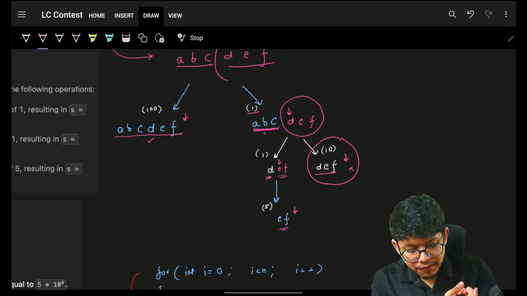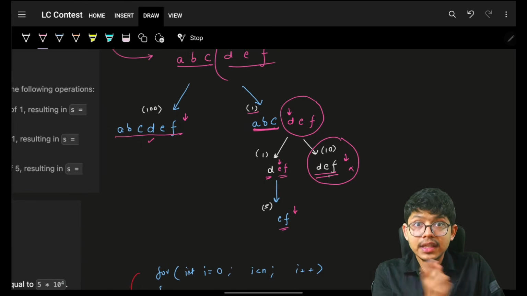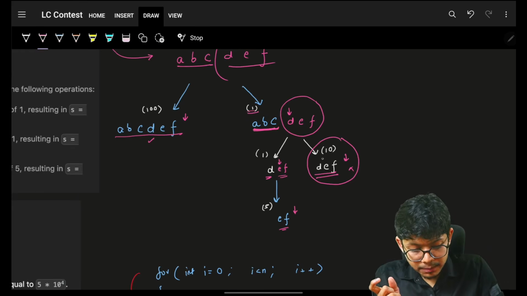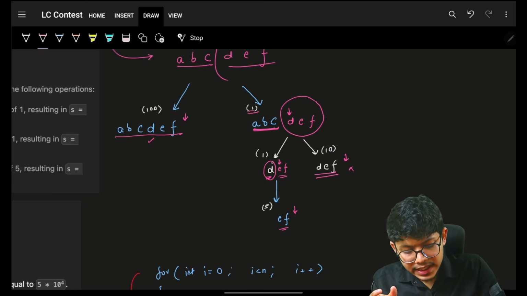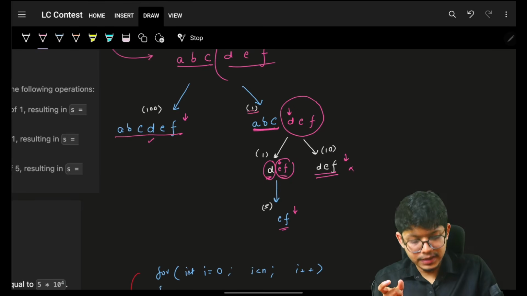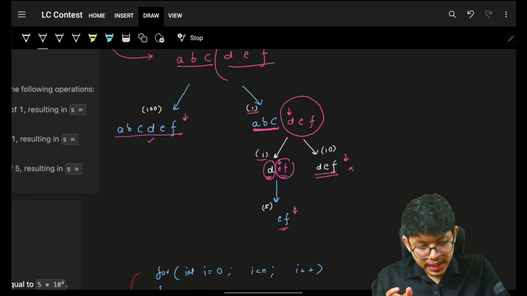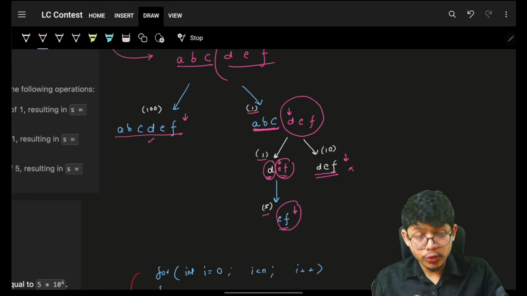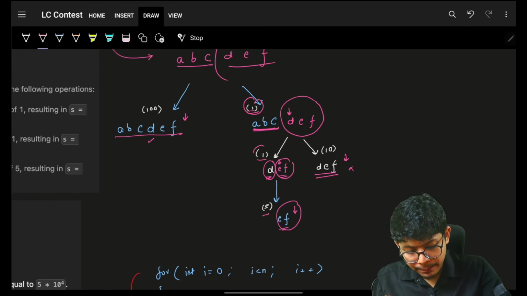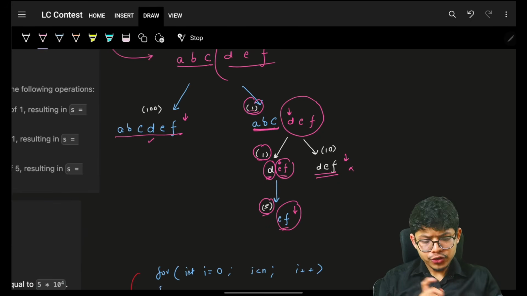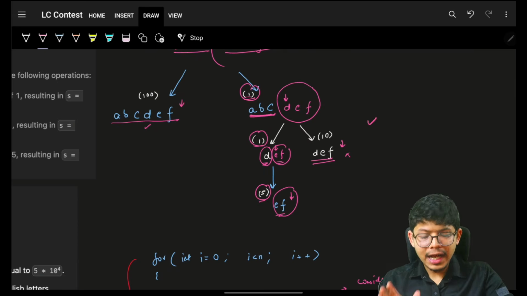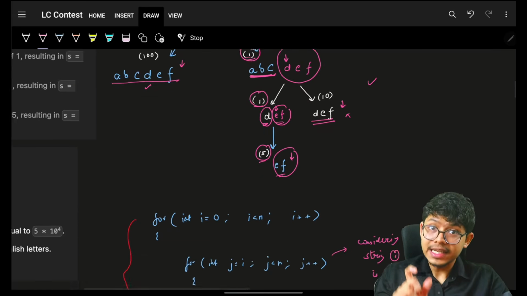So, if I would have done ABC and DEF, then it would have given me a cost of 1 plus 10, which is 11. But I know, instead, I would have taken only D and only EF. Then only D would have given me cost of 1 and only EF a cost of 5. So in total, the cost would have been 1 plus 5, which is the minimum cost, and that is my answer. So you could see very easily that I will have to apply my DP,